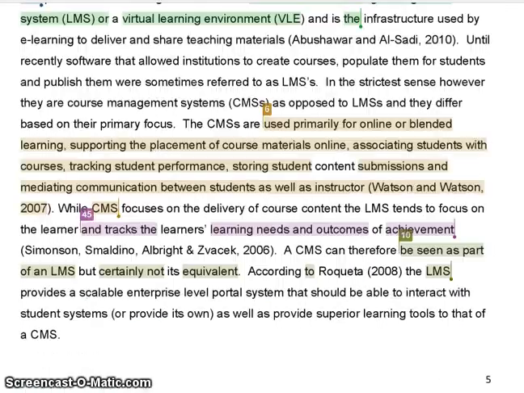If I move on to the next page, now we've got really quite a lot more highlighted text, and there's a definite need for the writer to be advised here. The brown text is quite substantial. It's making statements and claims that are not obvious, that are clearly drawn from somewhere else. In fact, the source is named, Watson and Watson 2007,